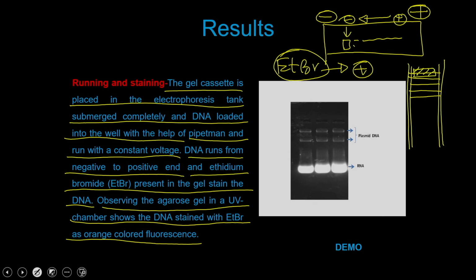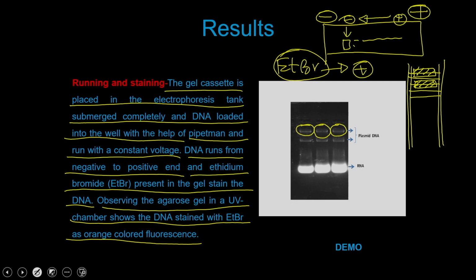Within the bases, the ETBR gets intercalated, and as a result it gives the orange fluorescence when you visualize it under the UV. When you keep the agarose gel in the UV chamber, you are going to see the bright orange DNA glowing within the agarose.